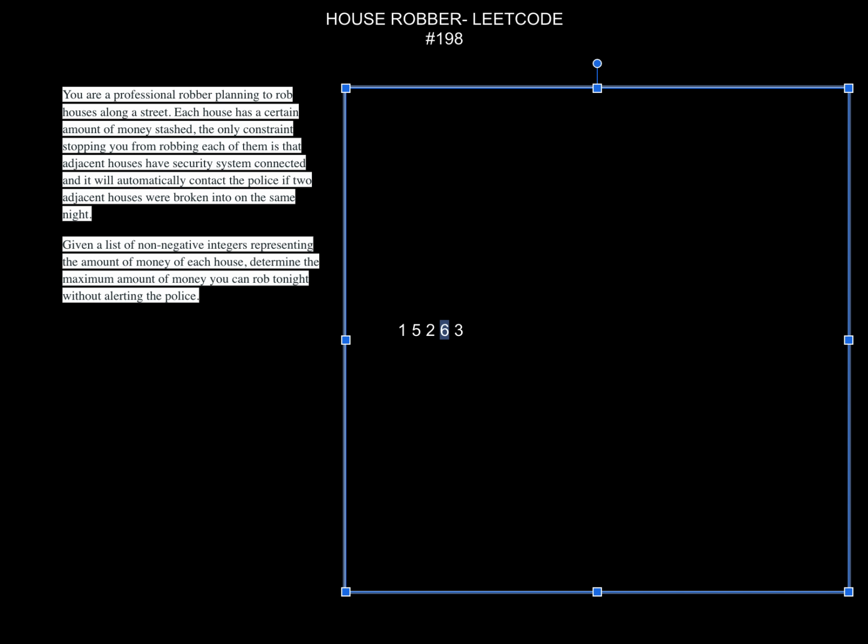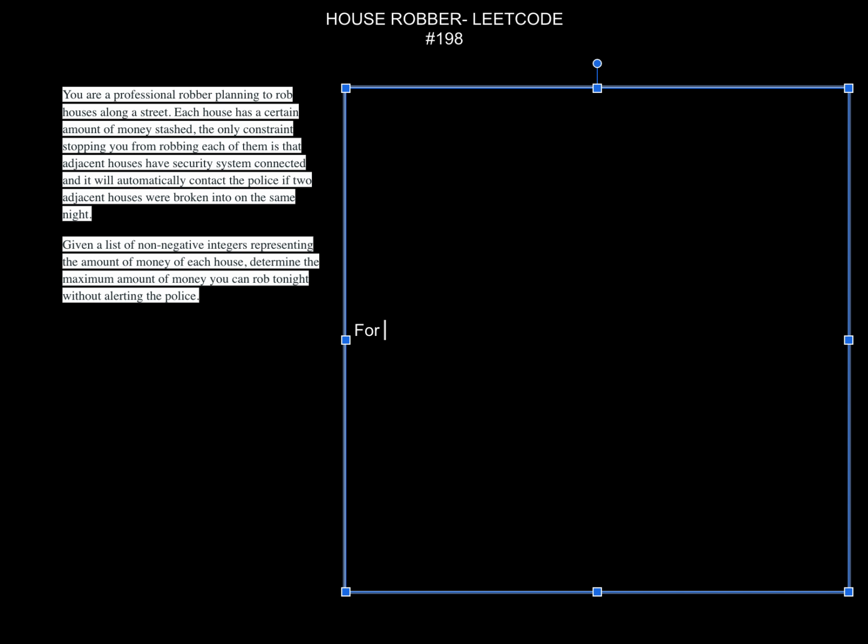So the maximum amount for this subset, plus the value of like 3, or the maximum amount for this subset. And that's kind of the main idea with the code,